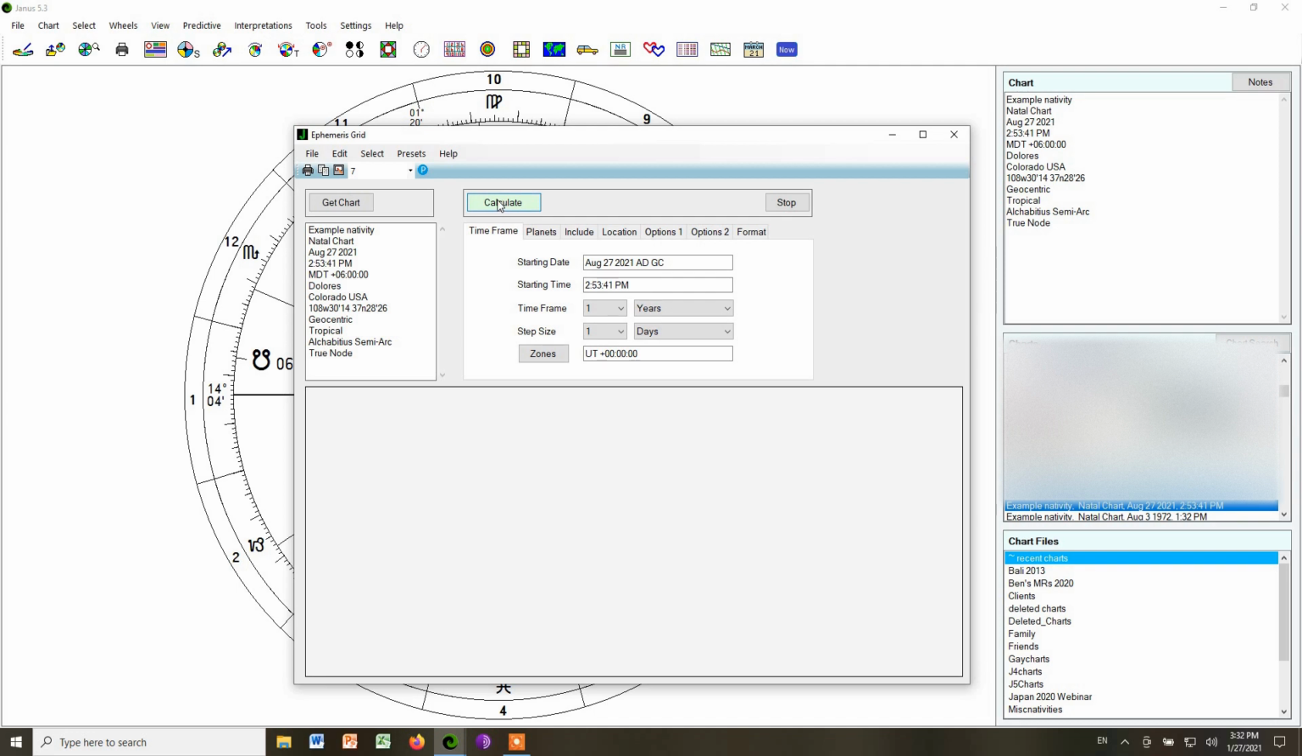At the top in the middle we have calculate and stop. This is what you'll use to generate the list or stop the list midway if you've already gotten what you want. And just below it we have a number of tabs. We have first the time frame. We're going to do a month of planetary positions starting on this day, August 27th, 2021, and we're going to start it